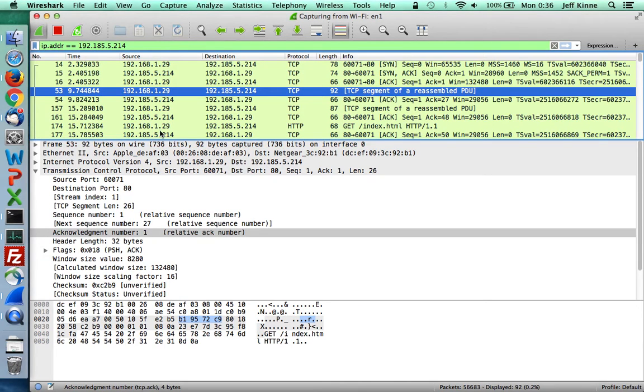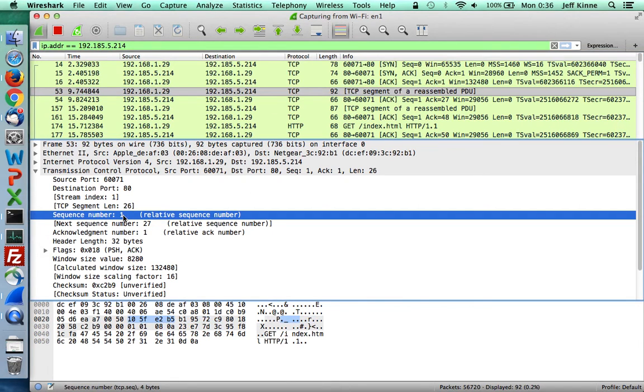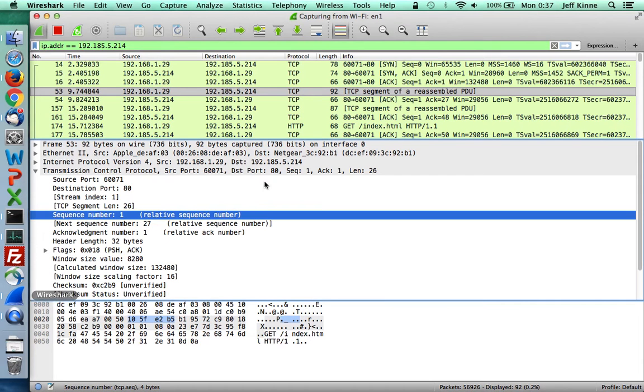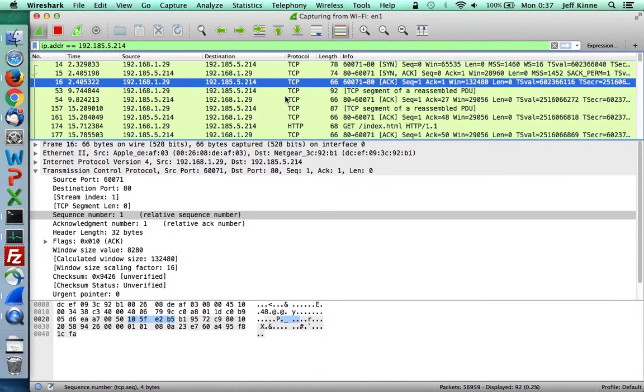So there's a lot that goes into what happens when they're received out of order, the sequence numbers. If they're received out of order, the sequence numbers are used to put them back in the right order before giving it to Firefox to display. And the acknowledgement numbers and the sequence numbers together make it so that the sender will know if the receiver didn't receive the data. Okay, that's TCP,